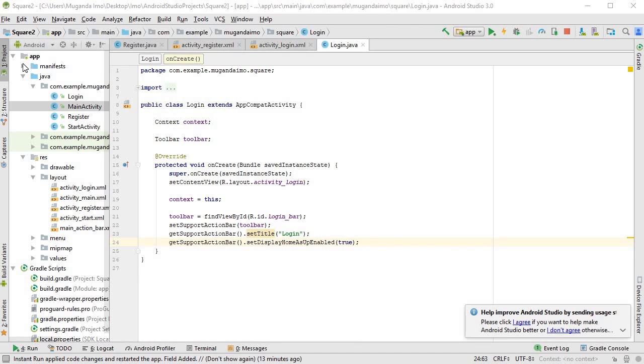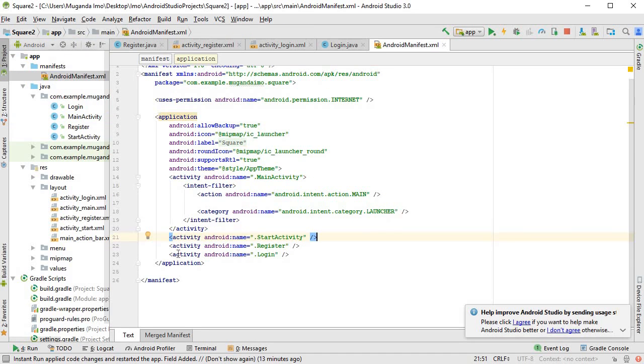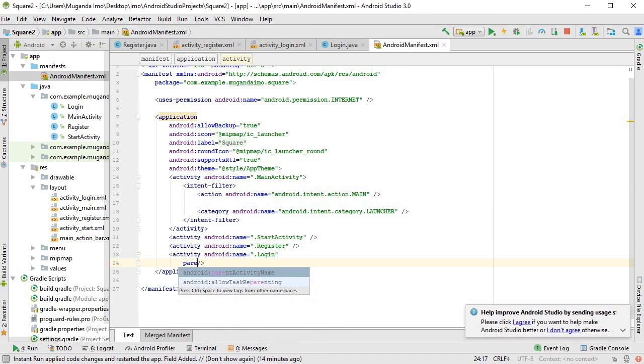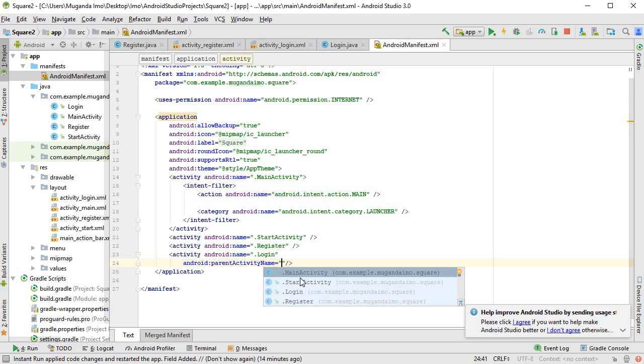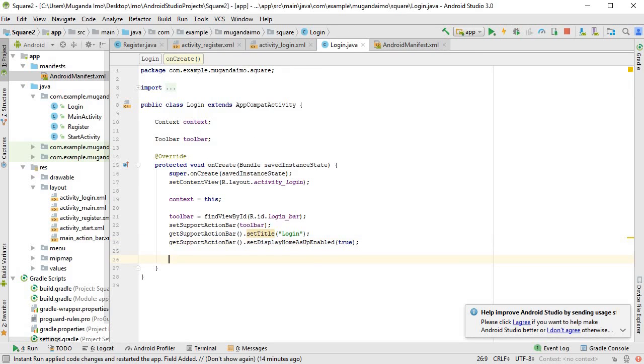And for that to work, we'll need to go to the manifest file and make a small change. So here's the activity, login, and all we have to do is to set a parent. So we can just start typing parent, and it will give us this one, and we can select start activity. So that's where we'll go, and we click that arrow that appears. All right then, next thing,